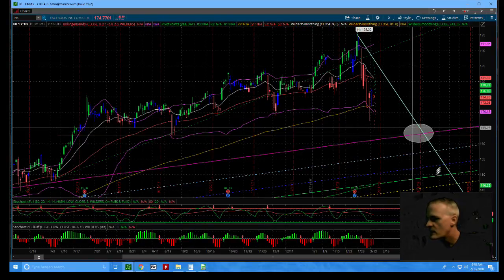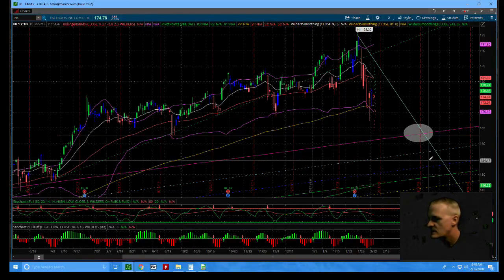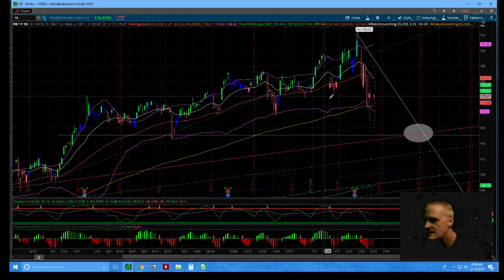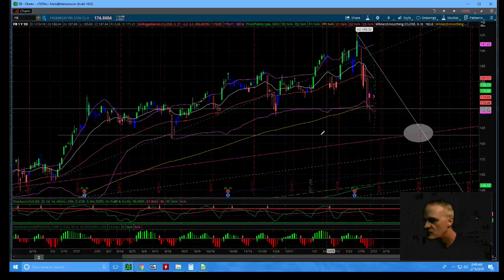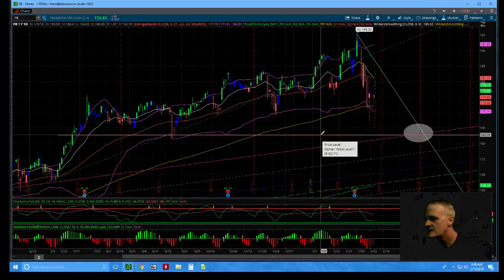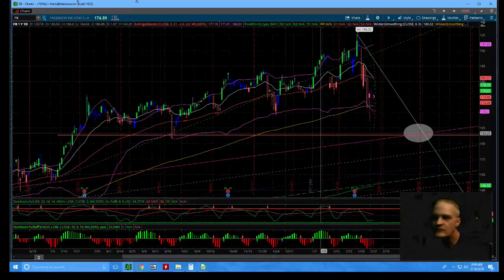Now, it could conceivably break through. It just depends on what's happened. I've got to look at the stochastics at that time, right? But if this trades down to this 162.70 level,